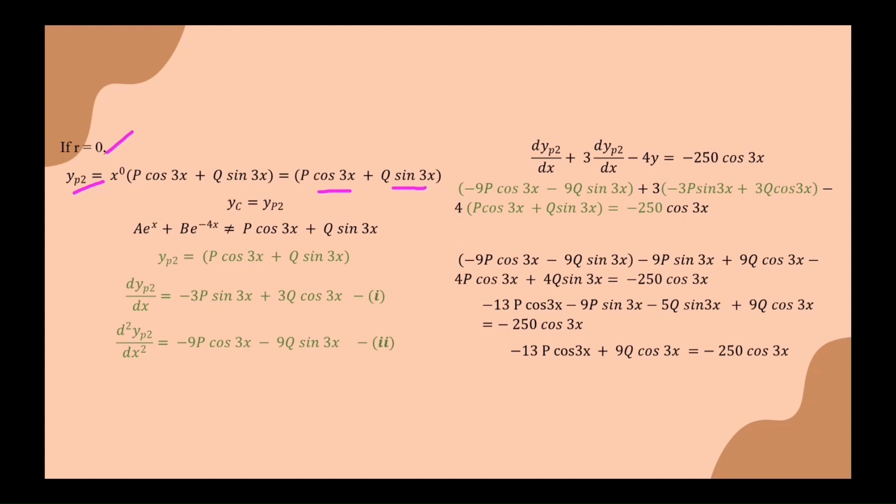So we need to rewrite this equation for yc equals yp2. You will get a e^x plus b e^(negative 4x) equals p cos 3x plus q sin 3x. Because I couldn't find any similarities between both equations on the left side and the right side, I'm going to say this is not the same, which means I can proceed to the next step, which is differentiating